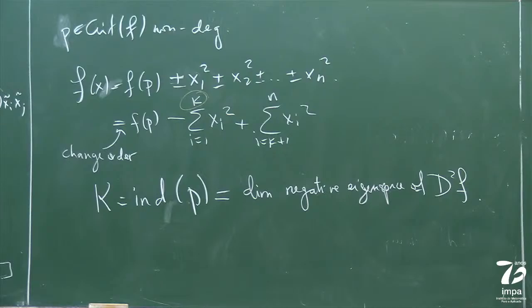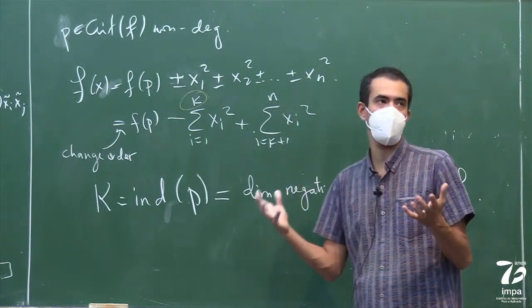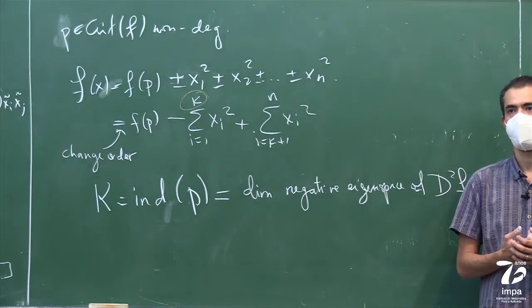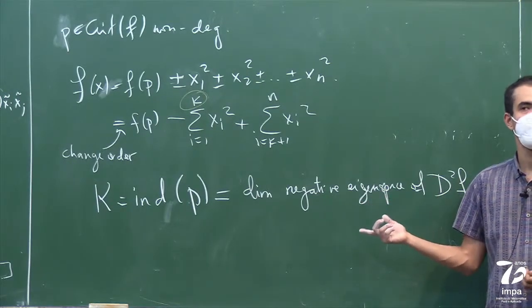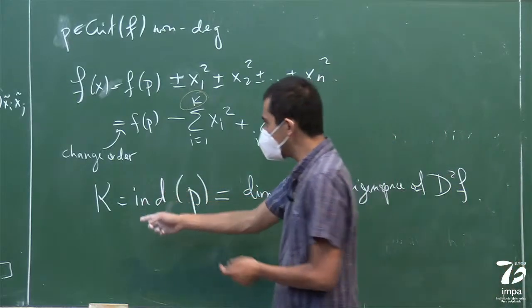So for every symmetric bilinear map, there is sort of a degenerate part, a zero part, which we know is just zero because the bilinear form is non-degenerate. And you can write your symmetric form as a sum of a positive definite one and a negative definite one. So this would be the dimension of the negative definite part of your symmetric form. So that's a more coordinate-free way to define this K. But anyway, it's also the K that comes here.